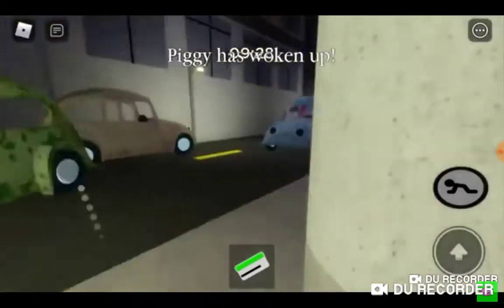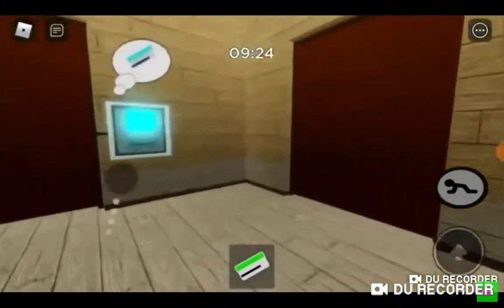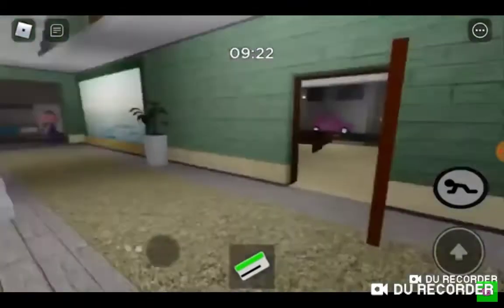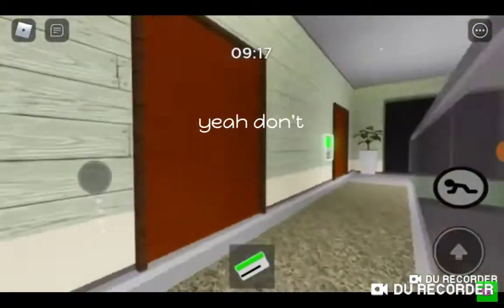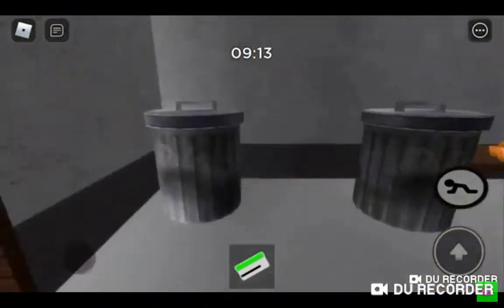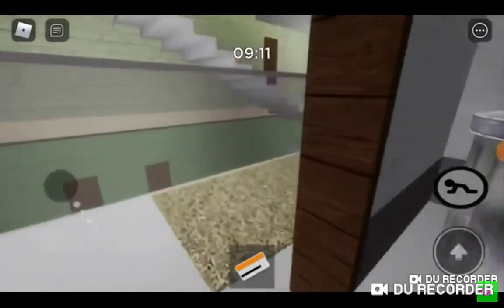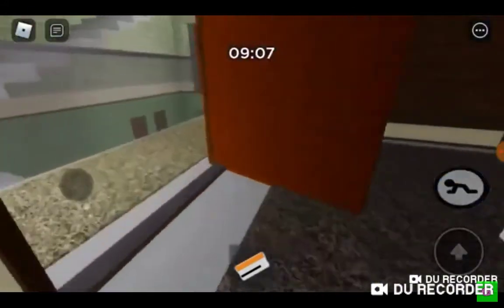Now, the thing about these two traps is that I highly suggest you don't use these traps in front of vents, because the main purpose of vents is for a player to escape from one room to another, right? Just like the door. Well, you see,